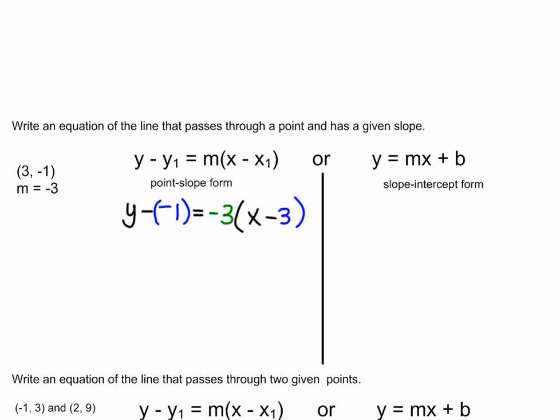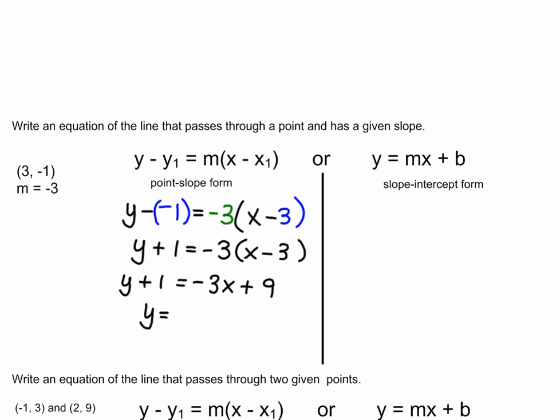Okay, simplify a little bit. Y plus 1 equals -3 times x minus 3. Distribute that -3 on the right. And then I'll subtract this 1 off. And there's our answer. Now the other way to have done that was to use the slope-intercept form, where we'll